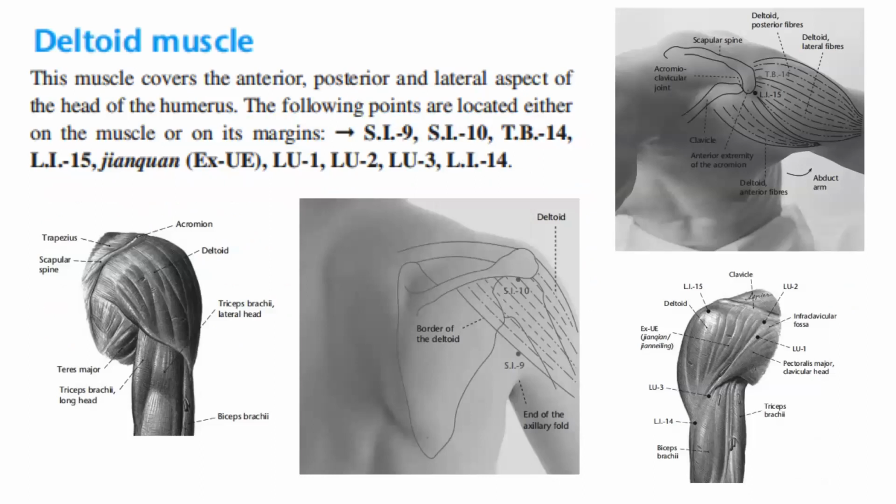Next, we have the deltoid muscle. This muscle covers the anterior, posterior, and lateral aspect of the head of the humerus. The following points are located either on the muscle or on its margins. These points are SI9, SI10, triple burner 14, LI15, the extra point UE, lung 1, lung 2, lung 3, and